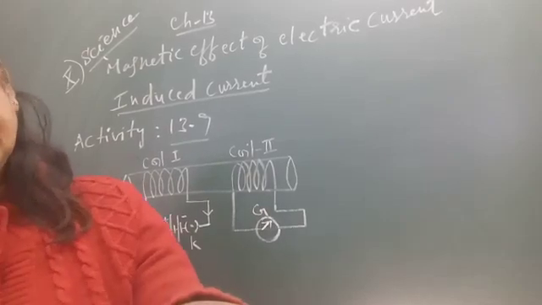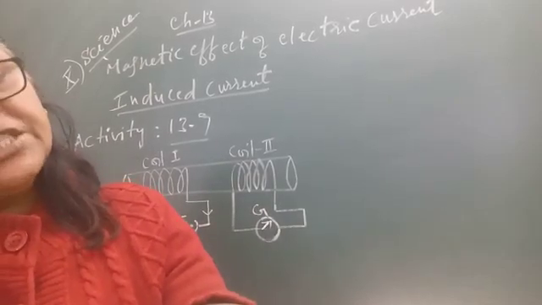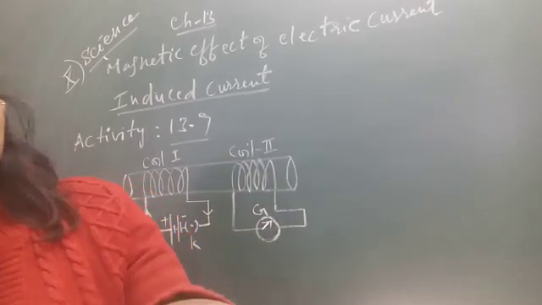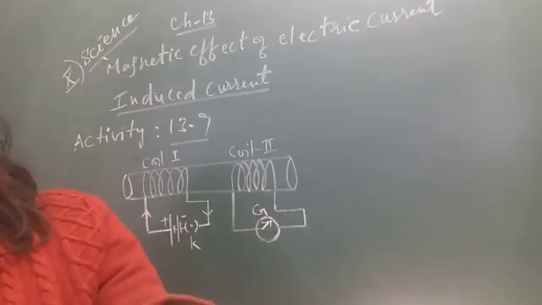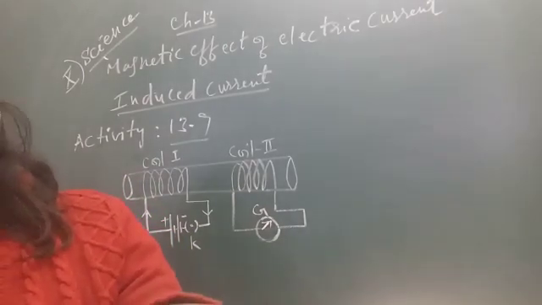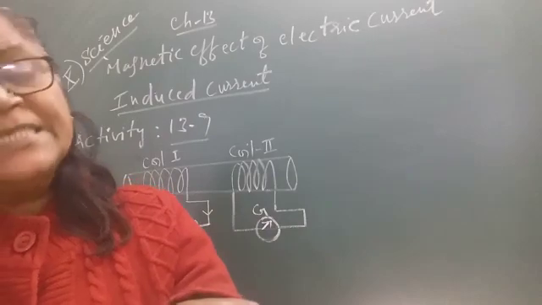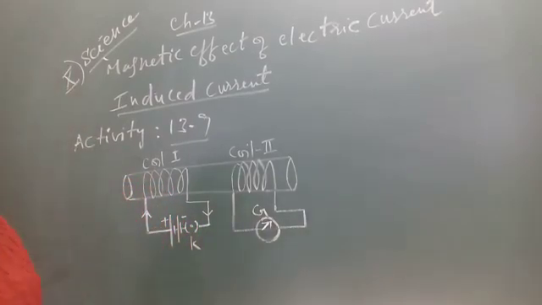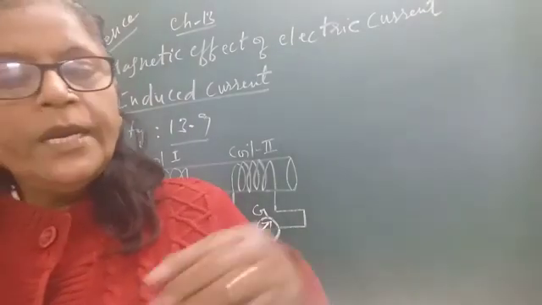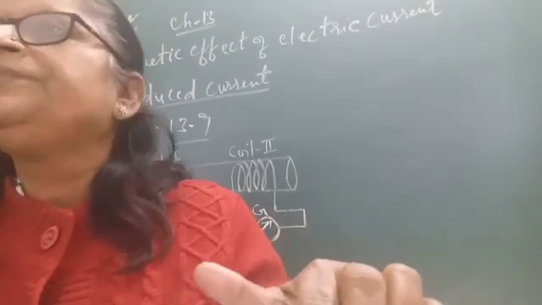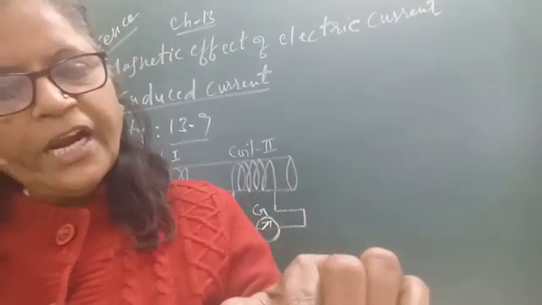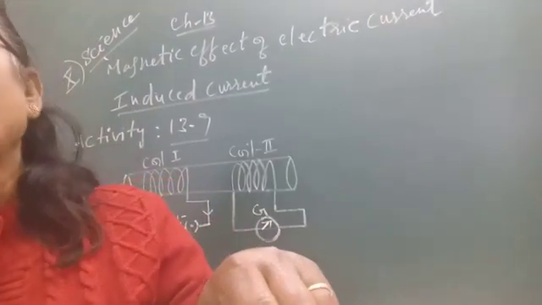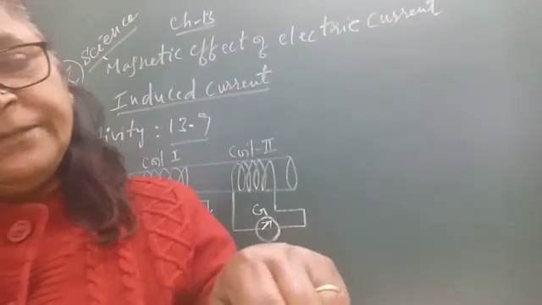Now this process by which a changing magnetic field in a conductor induces a current in another conductor is called electromagnetic induction. Last time we discussed, this was discovered by Michael Faraday, the principle of electromagnetic induction, and